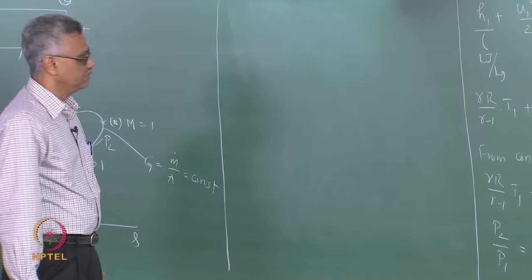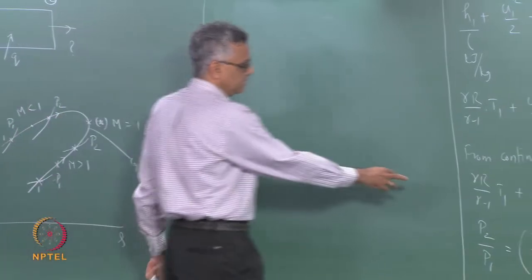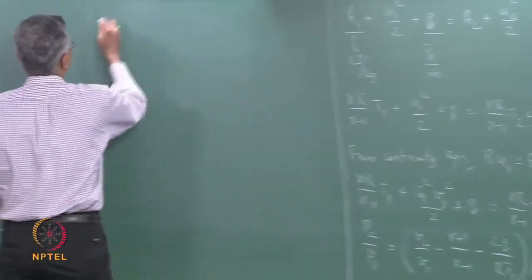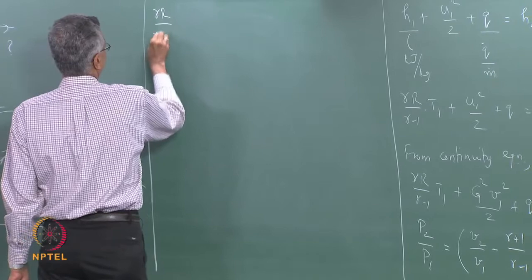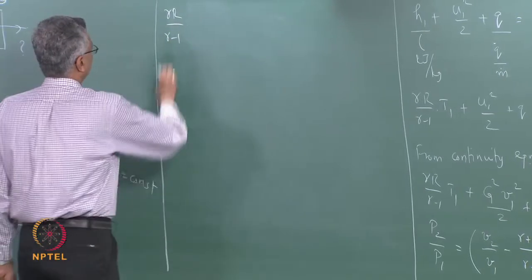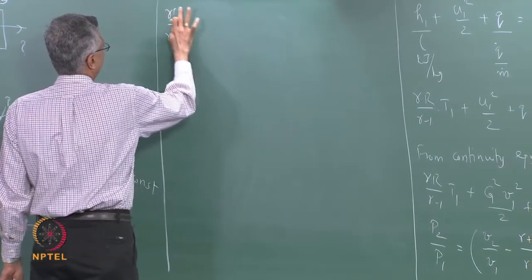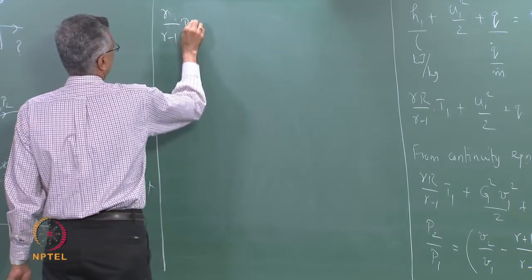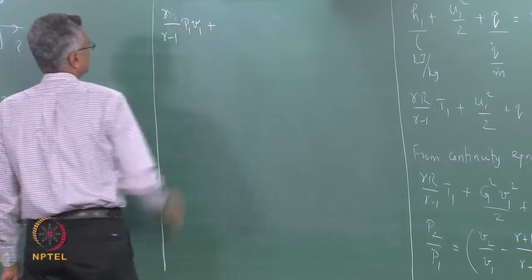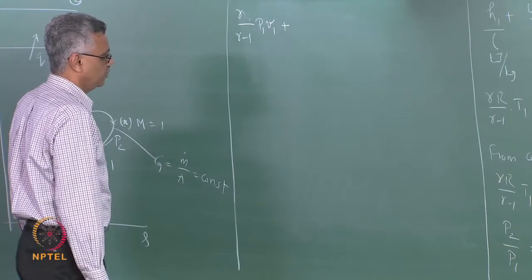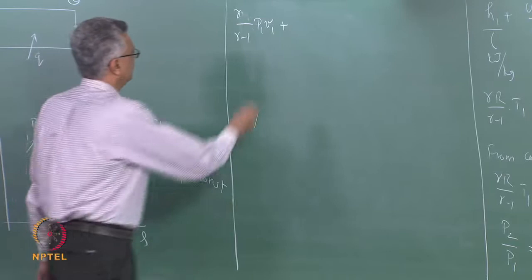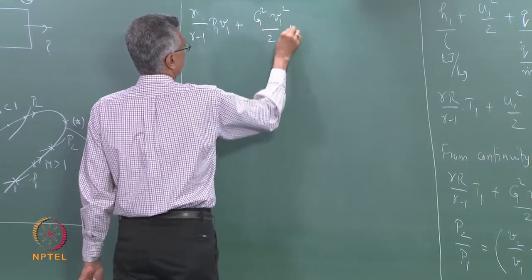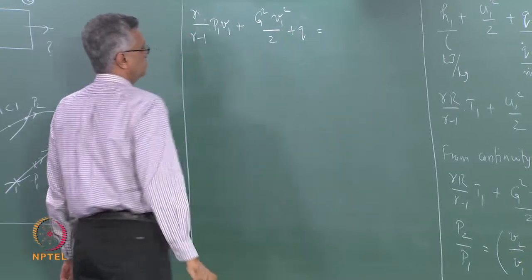So in order to do that, we start by rewriting the H equation in a very generic form. I am going to take this equation and write it like this: gamma R over gamma minus 1. I am going to take this RT1 and write it as P1 V1, since PV is equal to RT. So I can write RT1 as P1 V1, and the second term becomes G square times V1 square over 2, plus Q is equal to